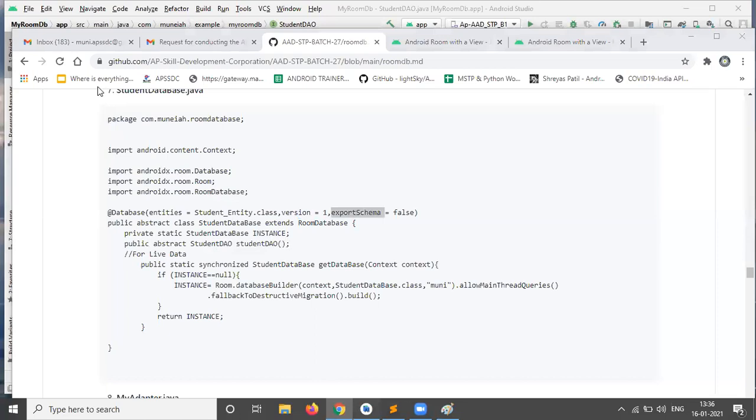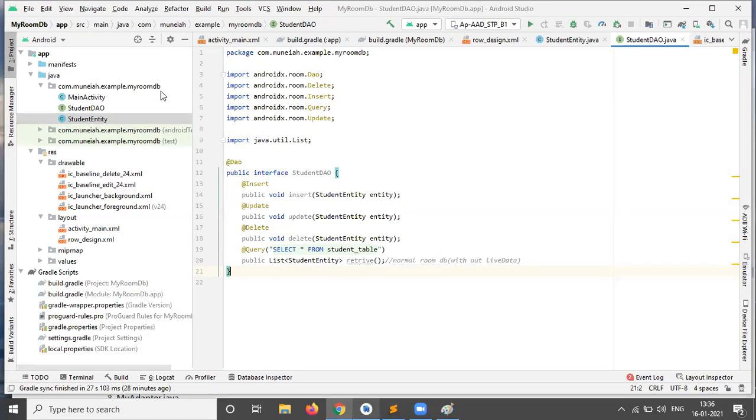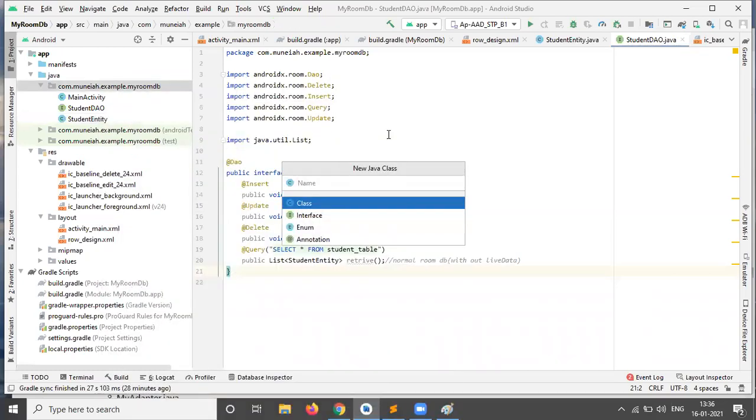Open Android Studio, then right click on the Java first package, go for Java class. So student database.